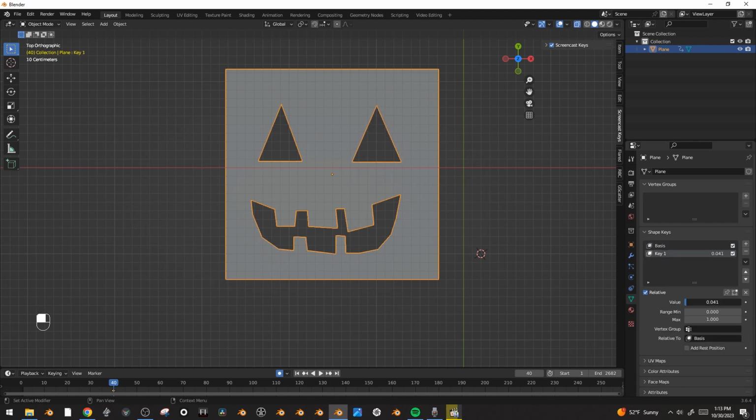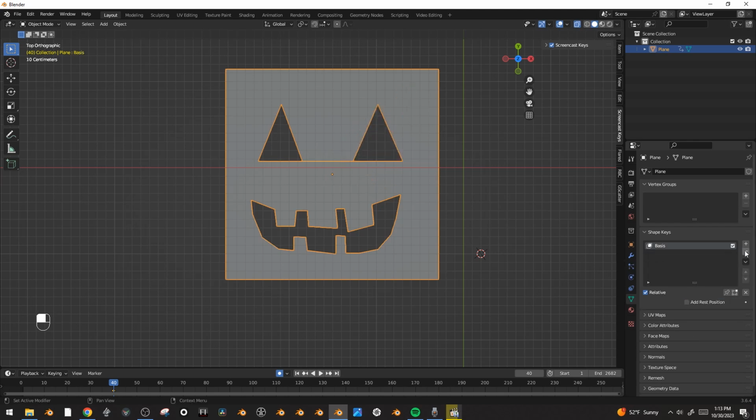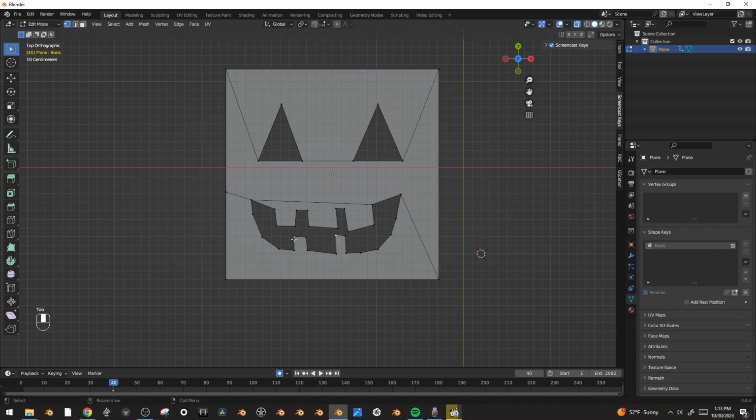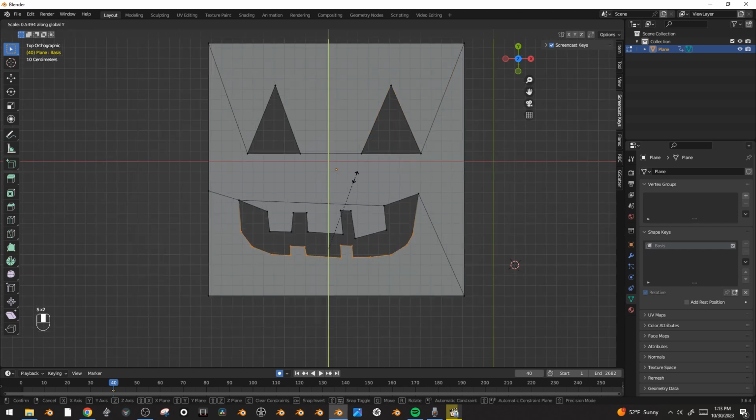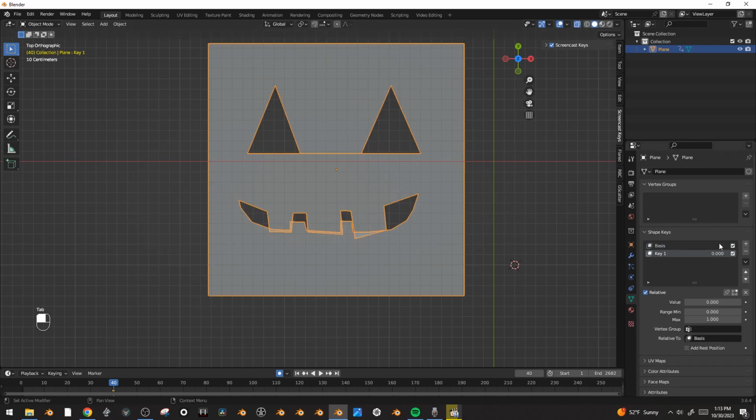So here now the value is just from 0 to 1 of that offset. And what's cool is you can also go -1, and this slider now goes to -1, so you can move things around. In fact, here I'm going to delete this one, and let's add a new shape key. And I want the slider, when I pull it to the right, to make the mouth open. So before I add this, I'm going to start with this mouth as closed as it can get here. Cool. So now when I add the shape key for